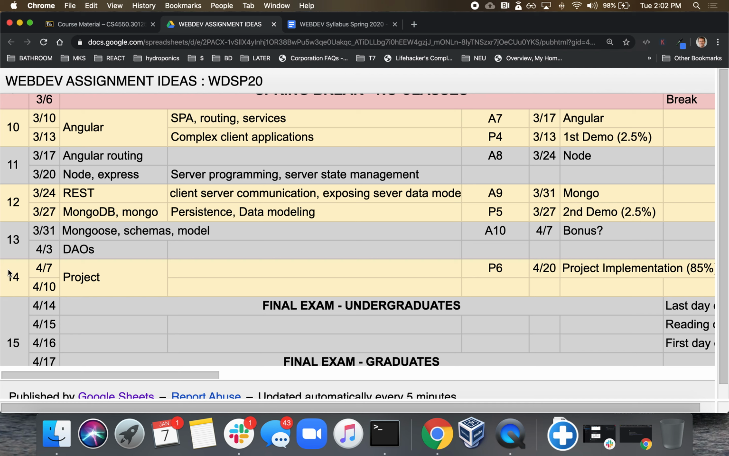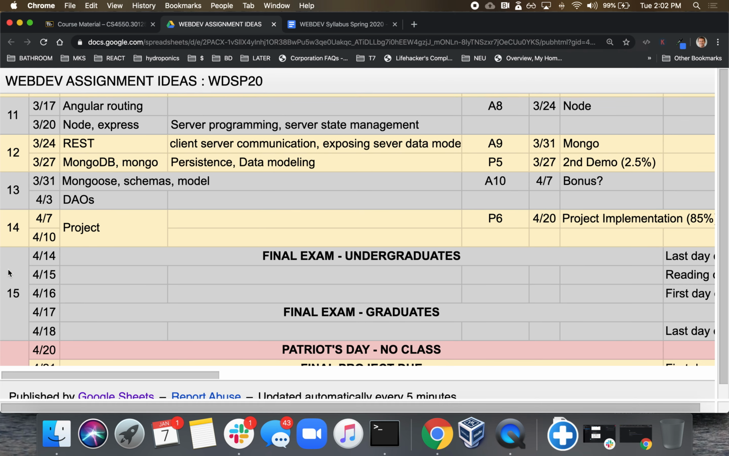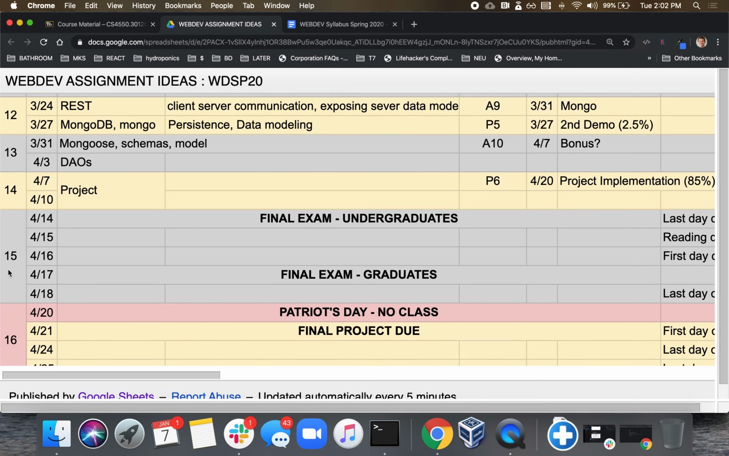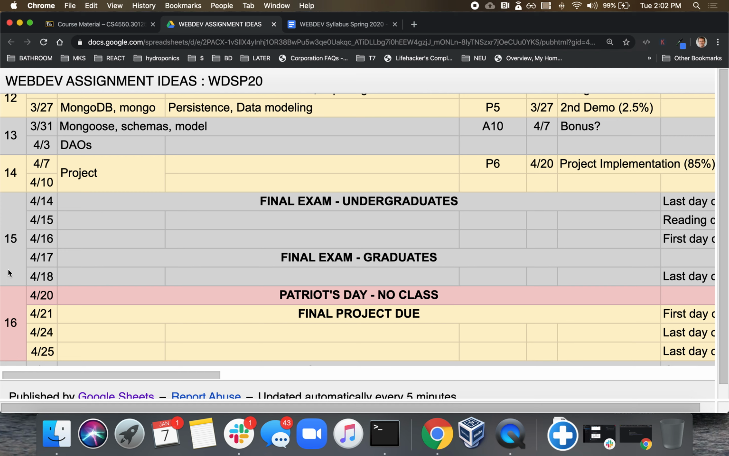So the schedule for the undergraduate and graduate is slightly different. Our last day that we meet is the 14th, I believe. That Tuesday is the last day that we meet, so that will be the final exam. Okay. Whereas the graduates, I guess they have an extra day. Their last day is on Friday, so their final exam will be that Friday. Then we have Patriots Day on Monday after that, and the project is due that following Tuesday, right after Patriots Day,